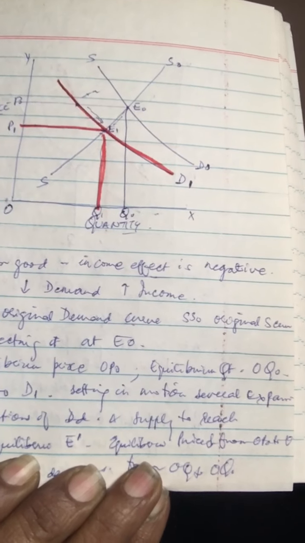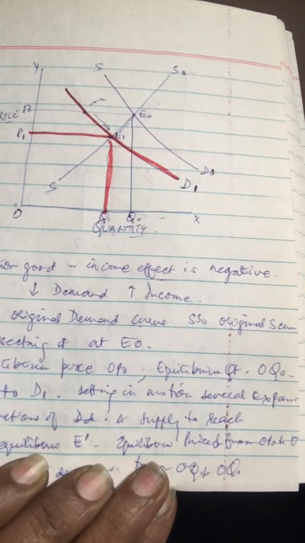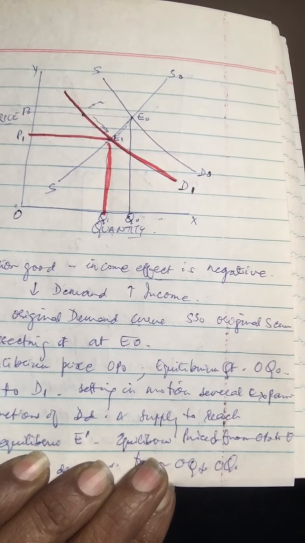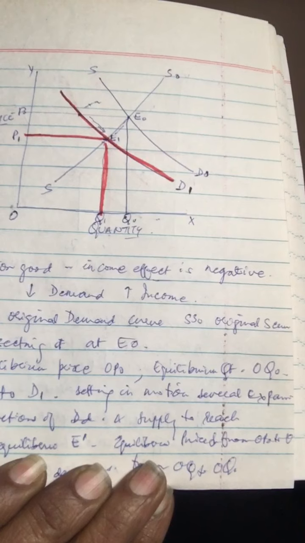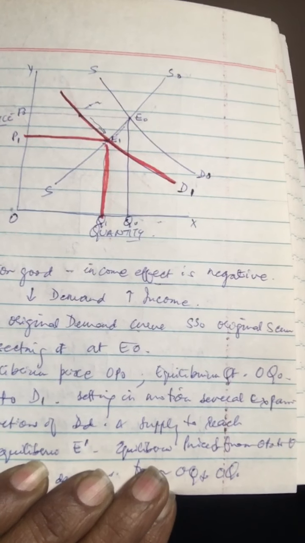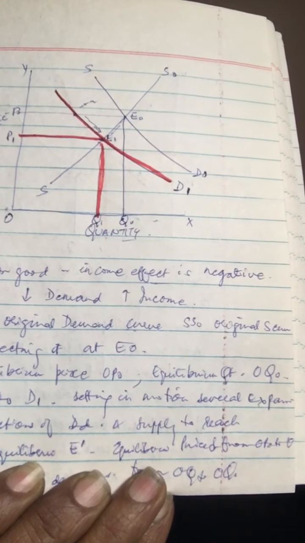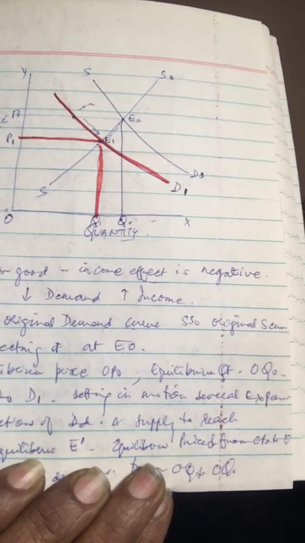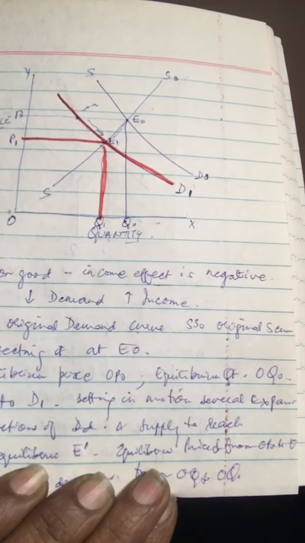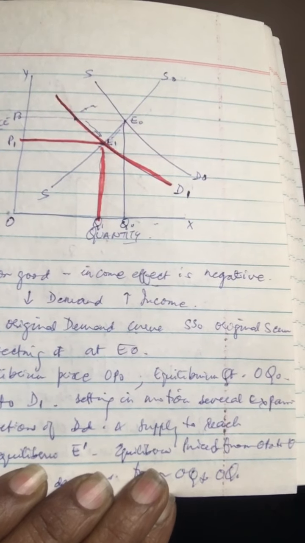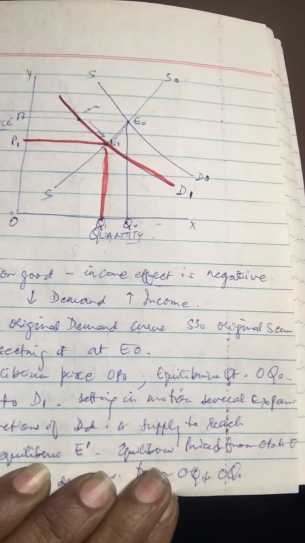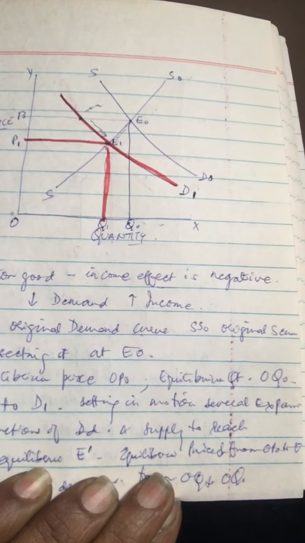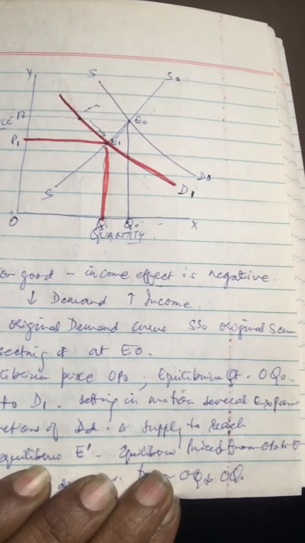Well, there is a chain effect. There will be a series of expansions and contractions as we go on to settle on a new equilibrium in the market. So we see that in the diagram. Now look at this. DD0 is the original demand curve which intersects the supply curve SS0 at point E0. As a result, the equilibrium price is OP0, and the equilibrium quantity is OQ0. That is, the original equilibrium is there.